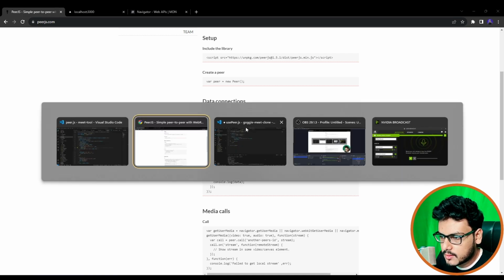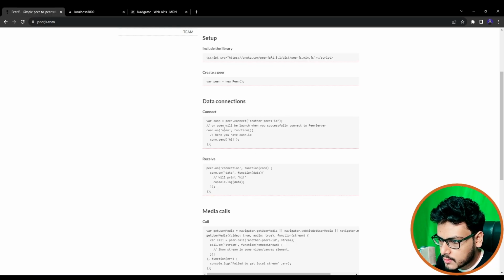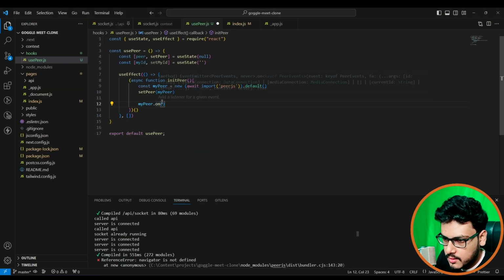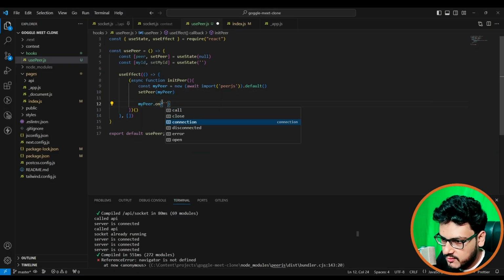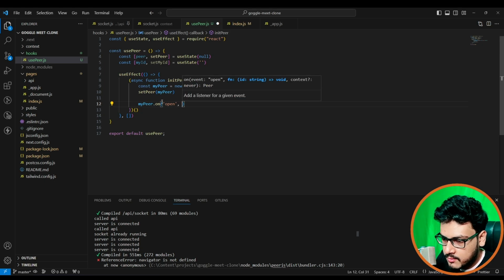So this is exactly what we are going to do. Instead of going through connection, we have to use open. Okay, we have to use open. So myPeer dot, we are already getting suggestions. myPeer dot on open, I am going to get the ID,